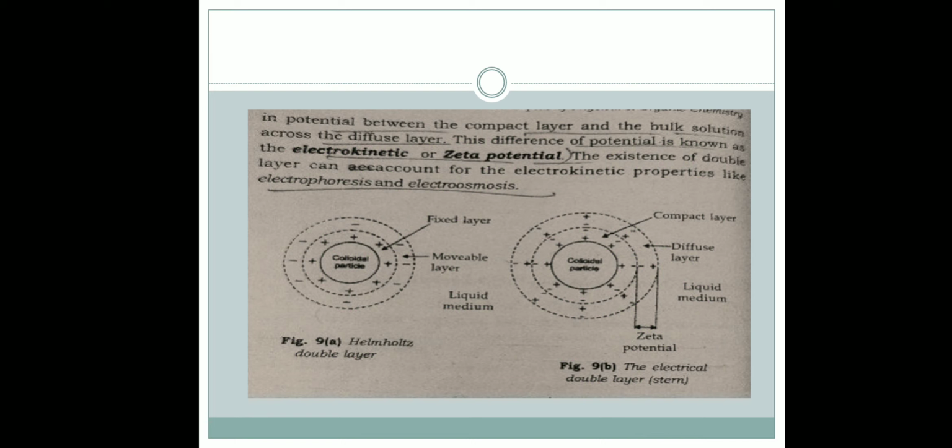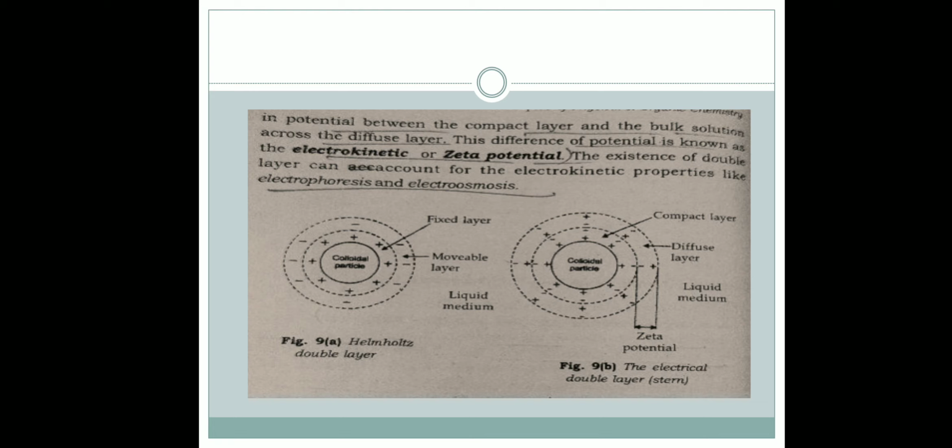The double layer consists of two layers, that is a compact layer and a diffuse layer. Compact layer is the positive and negative charges which are fixed firmly on the surface of the colloidal particle, whereas the diffuse layer is the negative ions or counter ions diffused into the medium of positive ions. The combination of the compact and diffuse layer is called Stern double layer. The diffuse layer is only loosely attached to the surface of the colloidal particle, and as a result, it can move in the opposite direction when we apply an electric field.